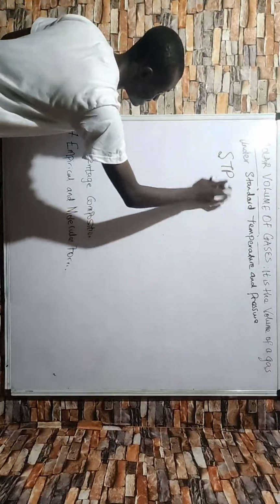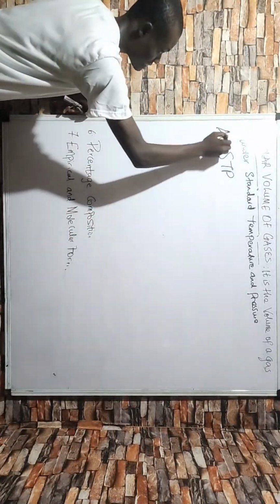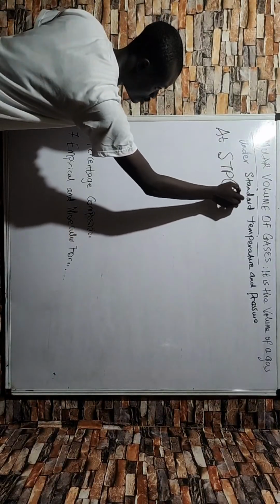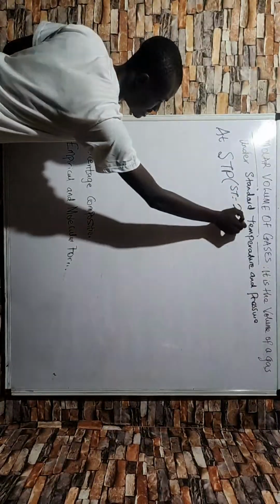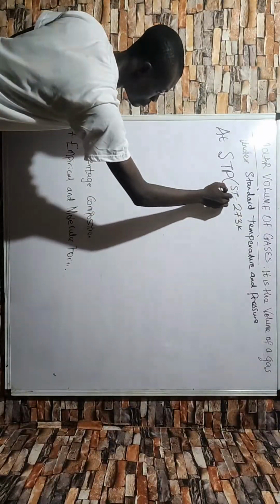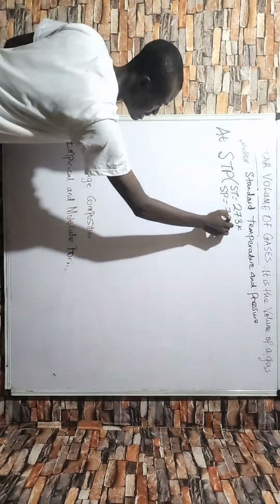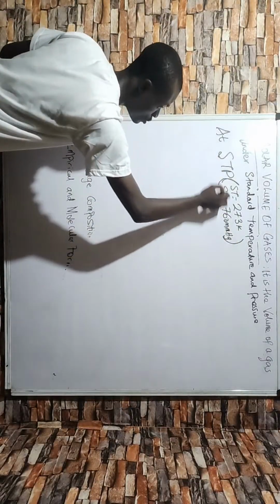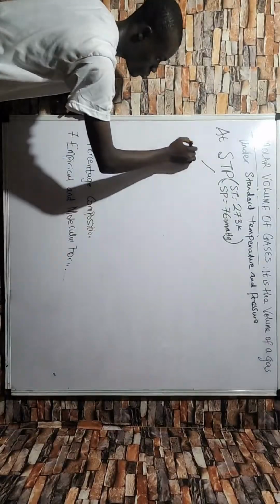We know what STP stands for: standard temperature is 273 Kelvin, and the standard pressure is 760 millimeters of mercury. So under these 2 conditions, 1 mole of every gas,